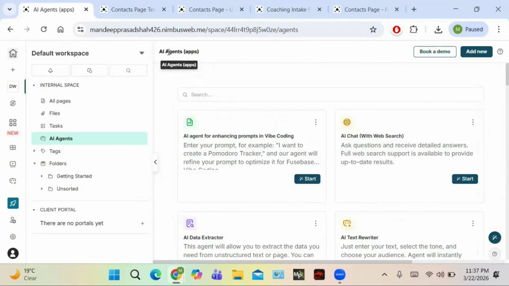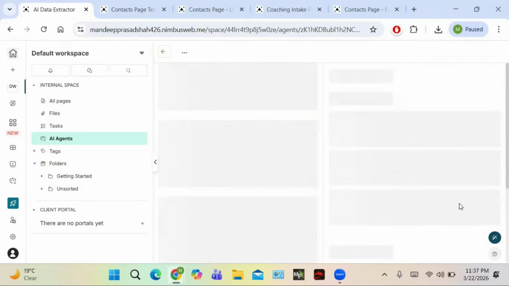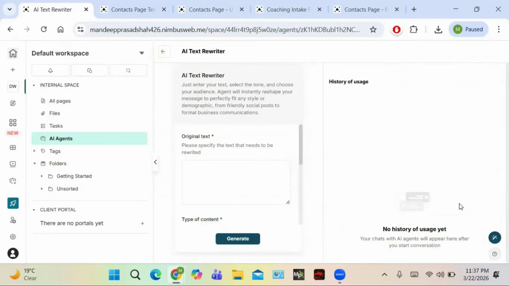Then you have another AI agent like AI text writer. So it is a generative AI. It is similar to Chat GPT or Google Gemini. So you have to write the original text. For example, just enter the text and select the tone, and then you can make it to write. So, for example, I want to write about